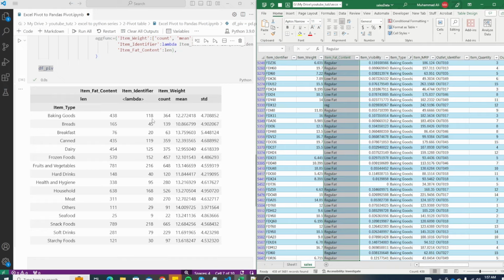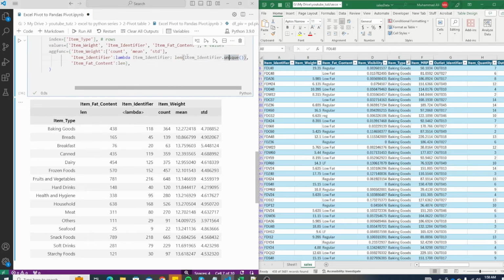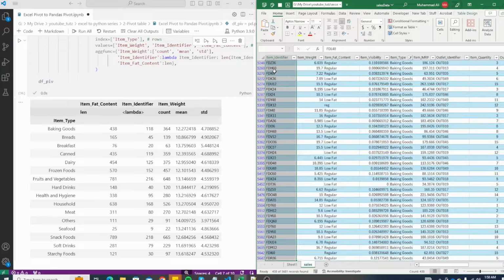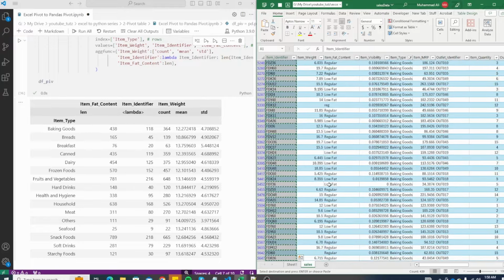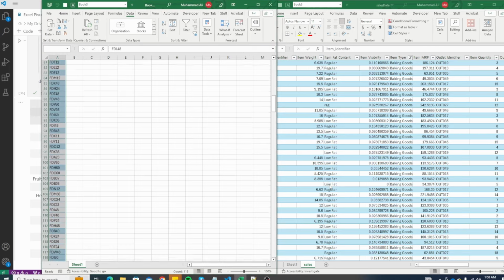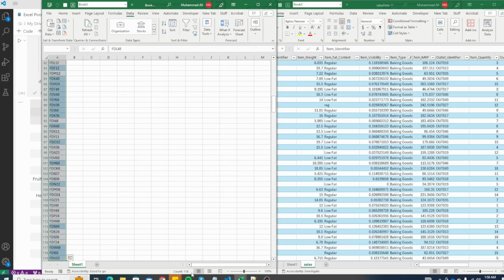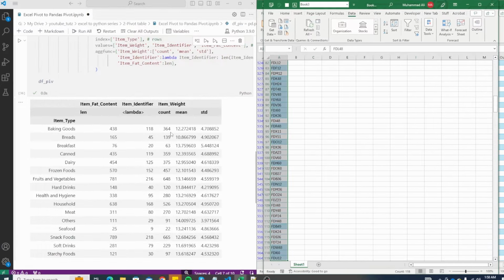Now let's look at the second column, which is item identifier. It's this column, and what we did was we calculated the unique of it and then added the length for it. If you look at the total values, it's 438, but we need to look at the unique values. So I'm just going to copy this whole column, paste it in a new sheet, remove duplicates, and now let's look at what the length is. And you can see the length we have is 118, and what we have here is also 118, which is correct. Rest of these I am going to leave it up to you to confirm if these values are correct or if there is any issue with these.